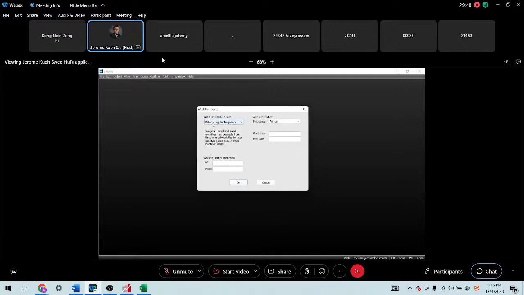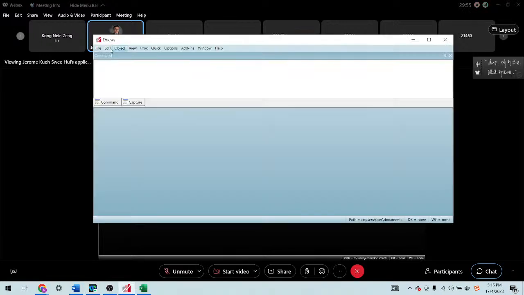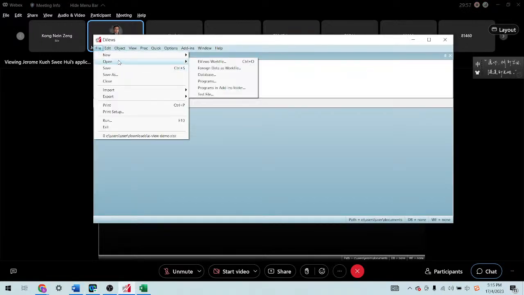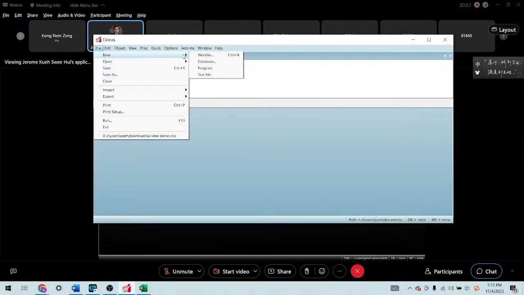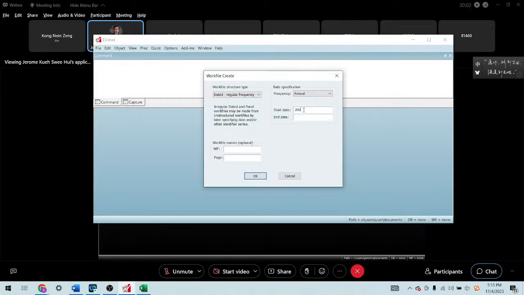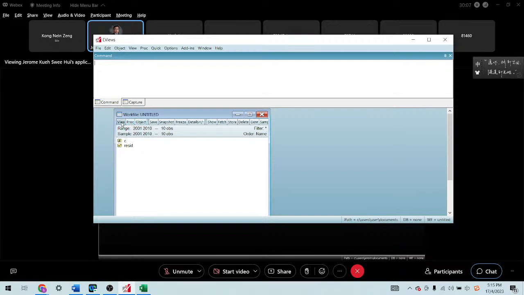Then you look at the work structures. This is dated because this is a time series analysis. And then the date specifications, frequency is the yearly data, and then it's from 2001 to 2010. Okay, so this is the year. So this is the work file create informations that you need to have. Then click OK.